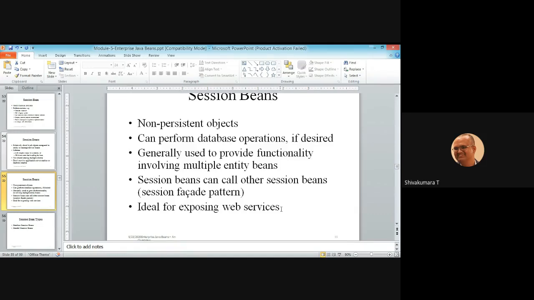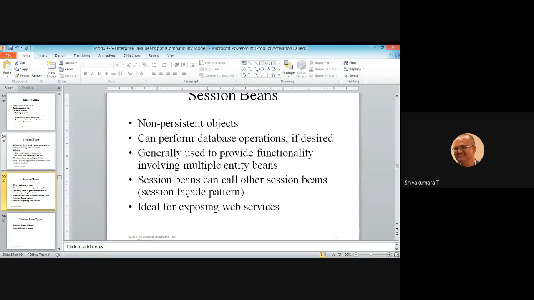Ideal for exposing web services, since the job of the session bean is to provide the presentation layer to the client. So the client, from the HTML form or the JSP page, submits the request through the controls.